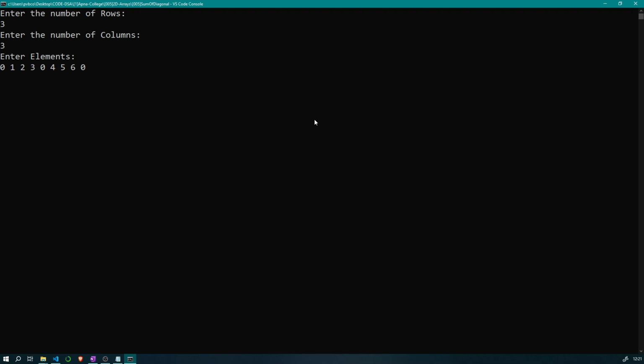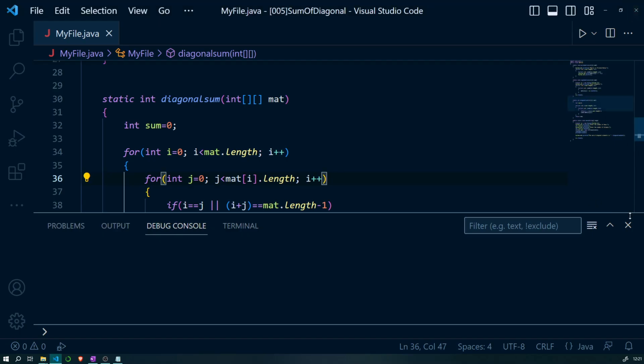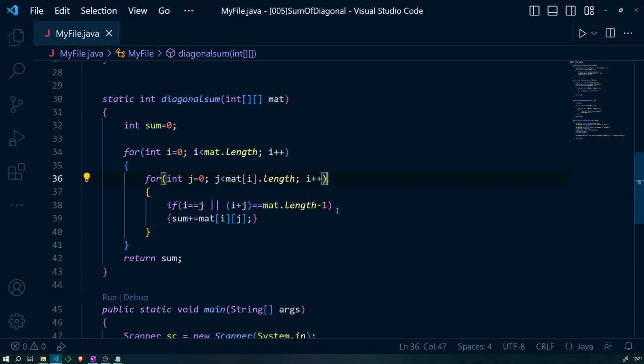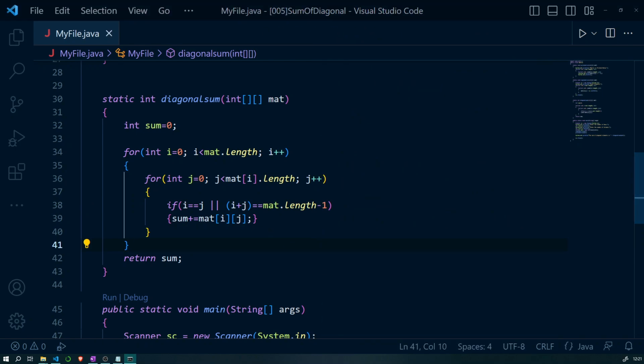I'm taking a matrix something like this. Have we made a mistake anywhere in the code? Oh, it's not i plus plus, it's j plus plus here. Sorry, it was my mistake. Let's now try to run this code.